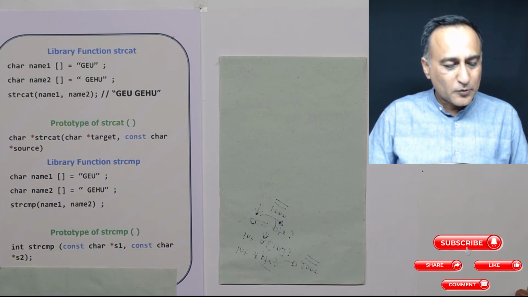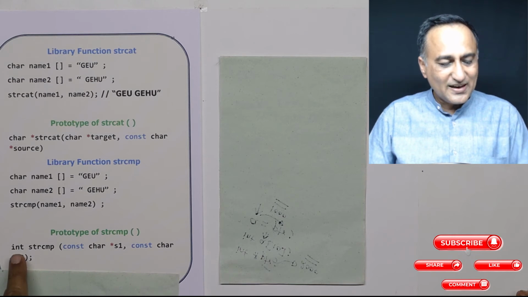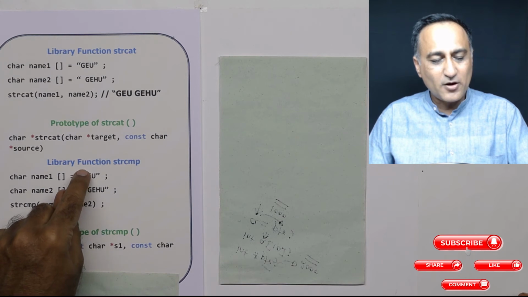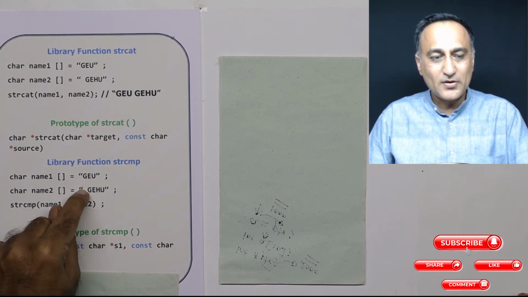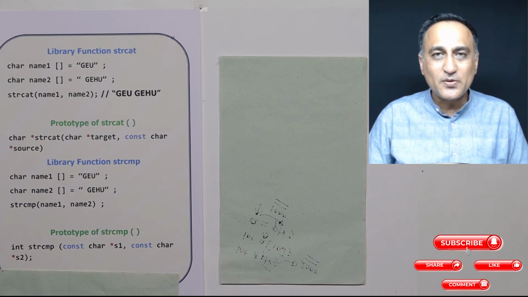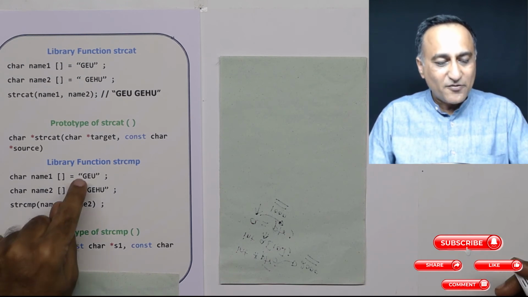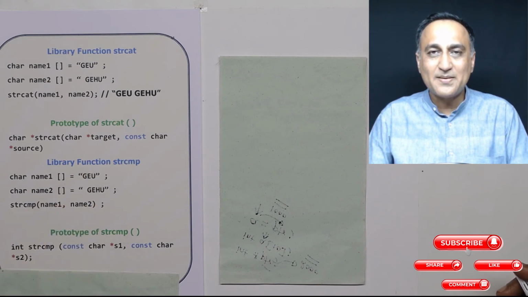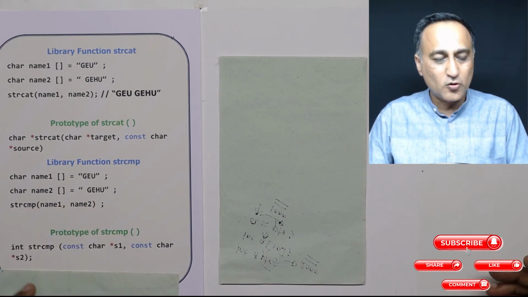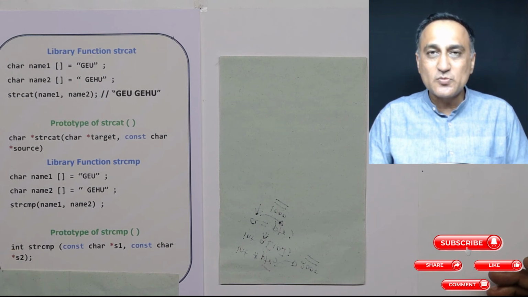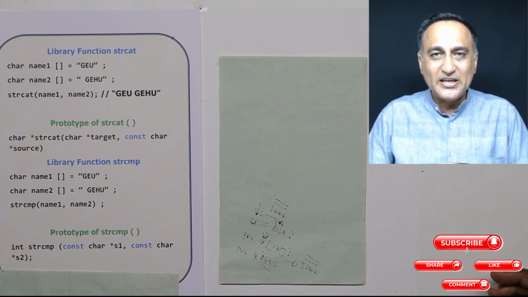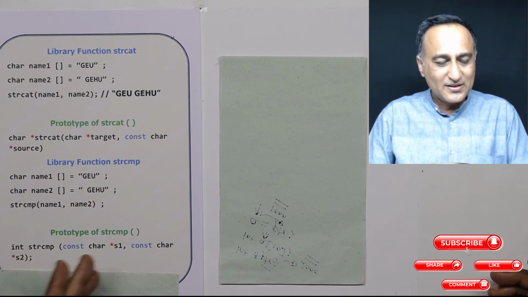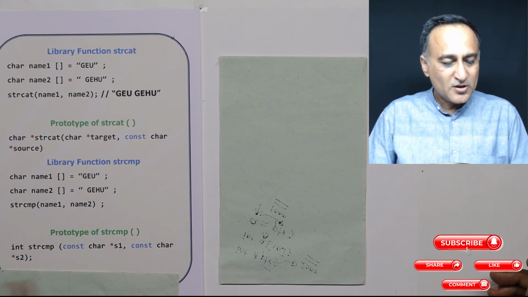If you want to look at the prototype of strcmp, it returns an integer value. This integer value is generally the difference of the ASCII value of G and the ASCII value of space. So whatever the difference between the ASCII values is, that is returned. If both characters are the same, the difference in the ASCII value is going to be 0. So if the final return value happens to be 0, that means the two strings are equal. If the final return value is any non-zero value, then these two strings are not equal. So it's simple.